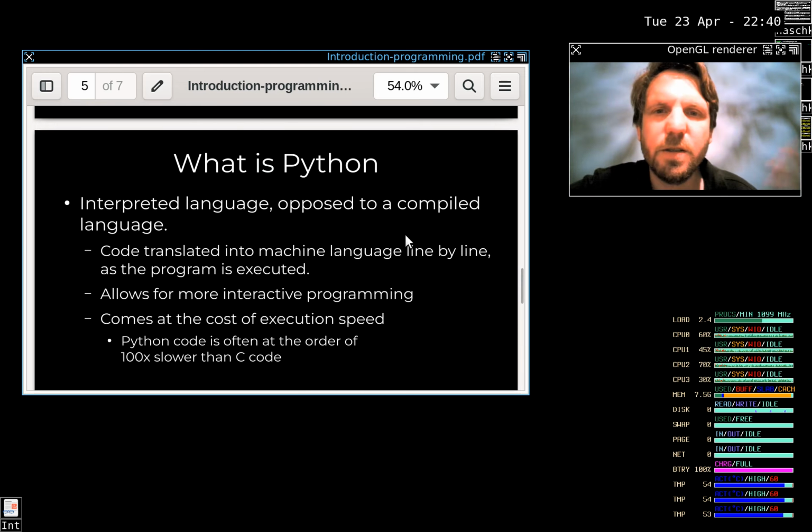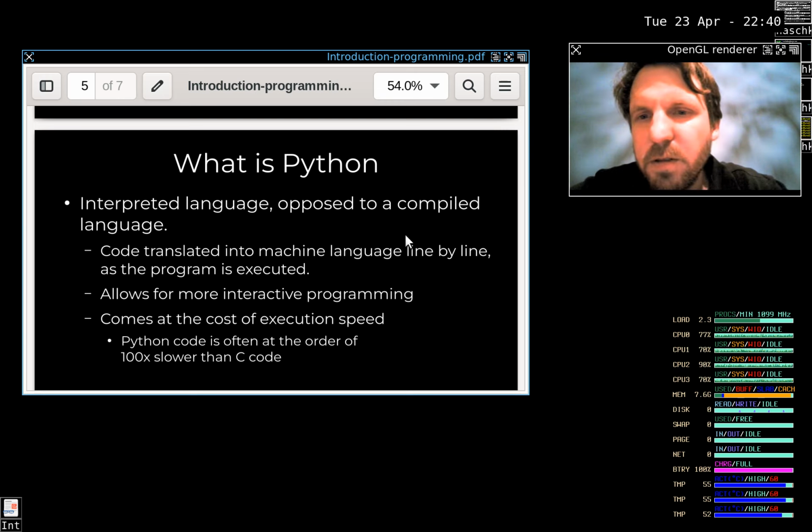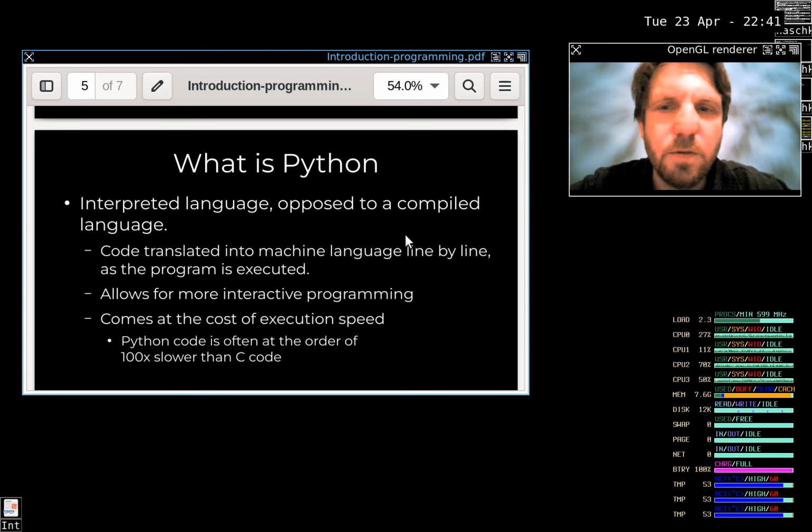So to get a bit more into details, it's an interpreted language, it's not a compiled language. Due to that, it makes it easier to program with, but this facility of programming, we trade it off by the speed of the language. If you compare it, for instance, to the C language, Python code is up to 100 times slower than C code. But the story is like it is good to tie different pieces of C code together, and this is what we will use it for, for instance, in this course.